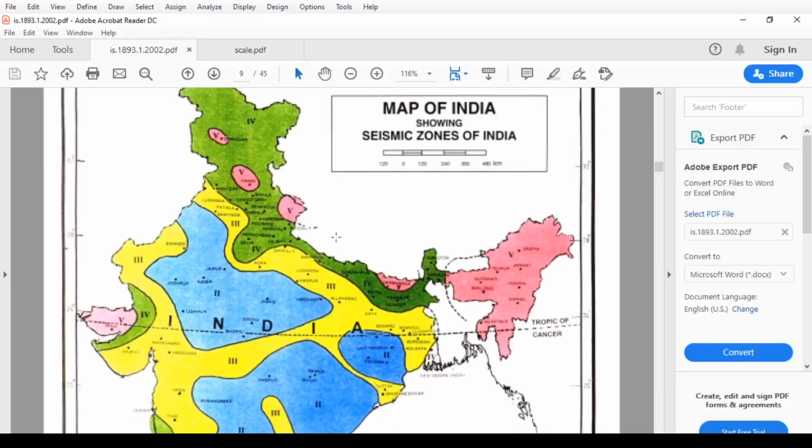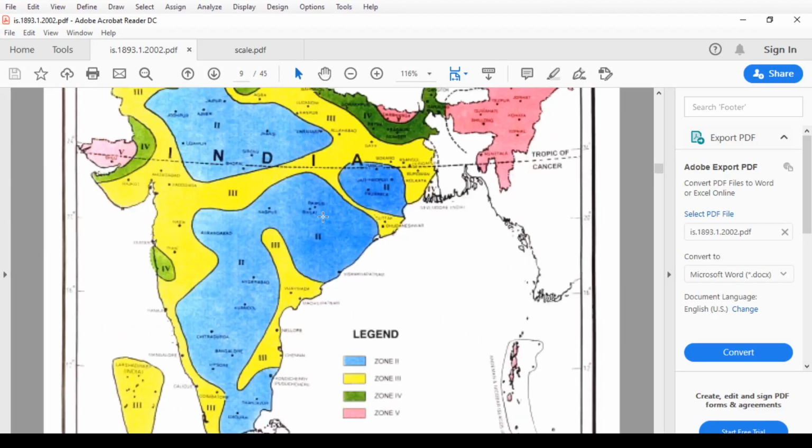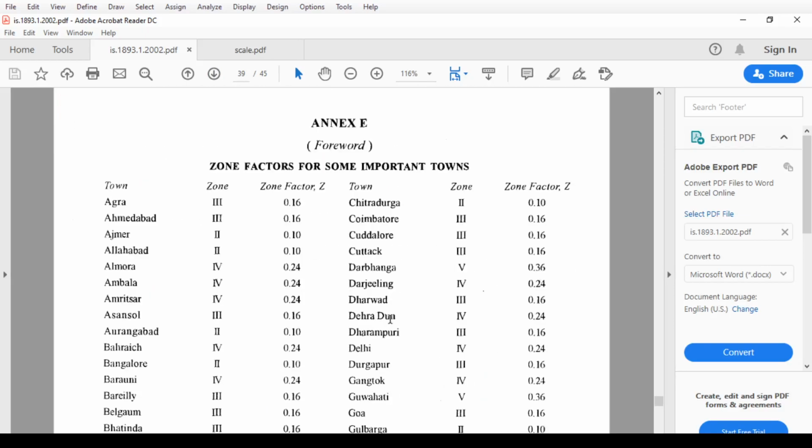1893. Here this map shows various zone factors. If you are finding a special area or special city, that is Bhopal, and it is difficult to locate, then you can go directly to page number 39 for various zone factors of important towns.